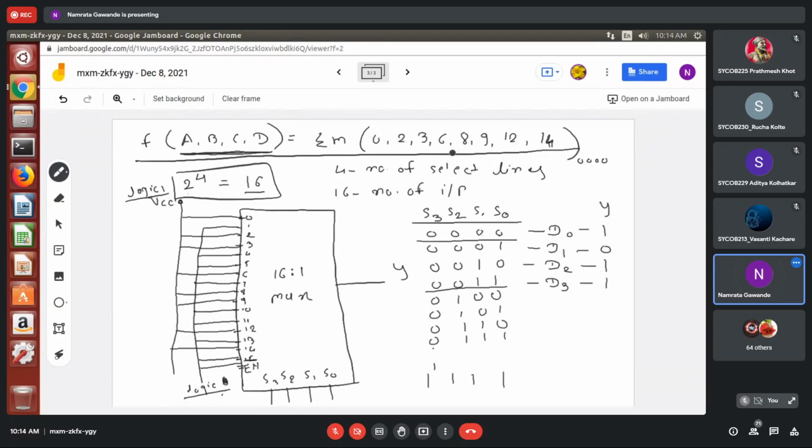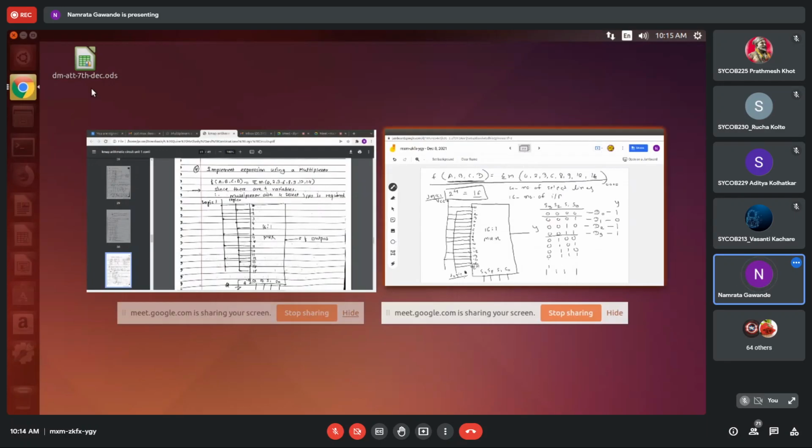Then after D3, if I know this concept and this truth table and this particular expression, I can directly draw this truth table also, because I know that. Based on that, I come to the conclusion that for whatever minterms are present over here, we'll get the output as 1, right? And for the rest of the minterms, those not present, we'll get the output as 0. That's why we have connected them to logic 1 and logic 0, right? The same part here I will show you on these notes.